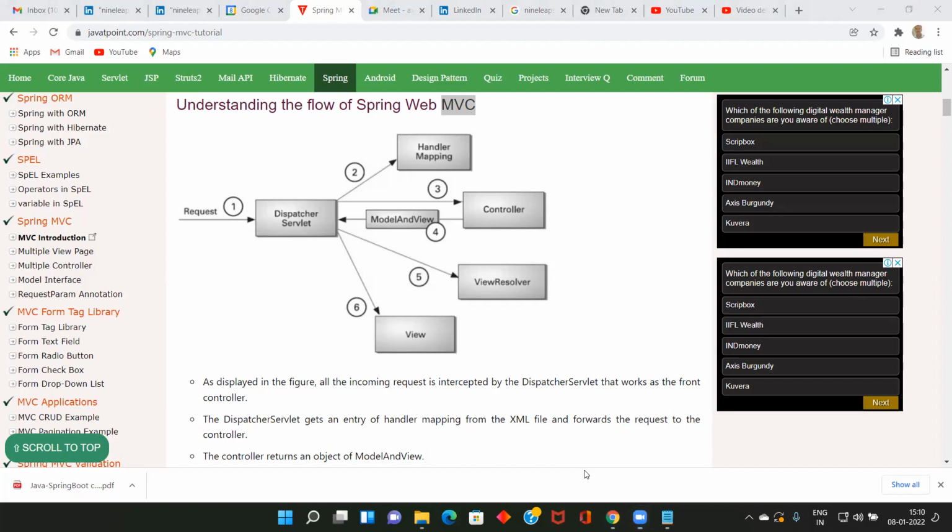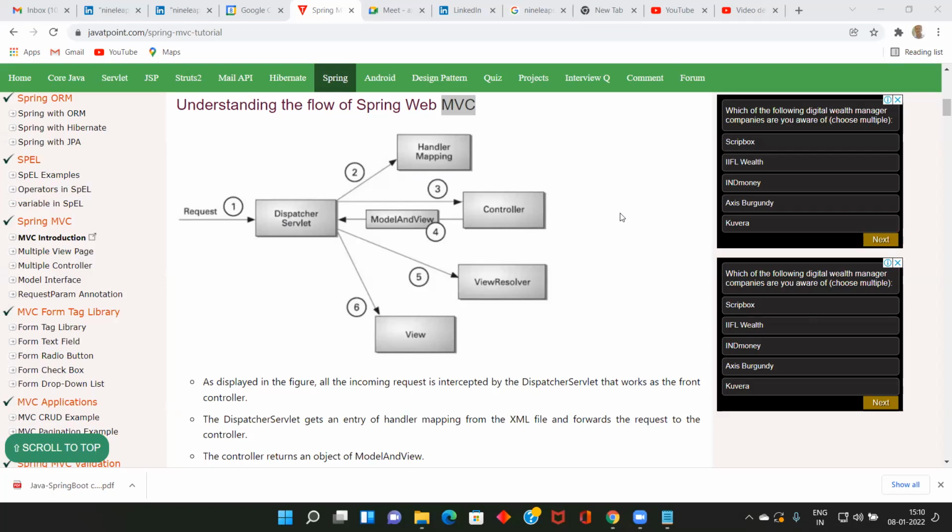Okay. Now from the browser, say for example, www.facebook.com, and you want to edit the profile. When you click edit profile, you get one screen. There you enter all the information whichever you want to edit. Then you click, and it will come to the Dispatcher Servlet if it is Spring. If we are going to develop our application by using Spring, then all the information will come to the Dispatcher Servlet. The Dispatcher Servlet will identify which controller it has to call. Then the controller will call the service.